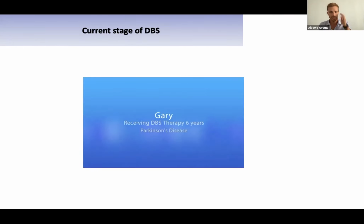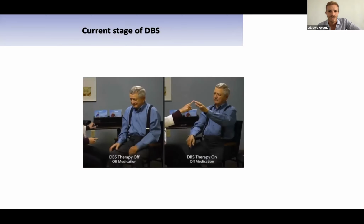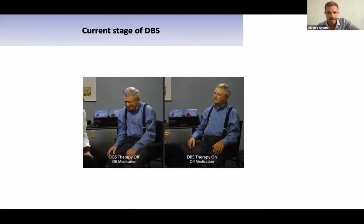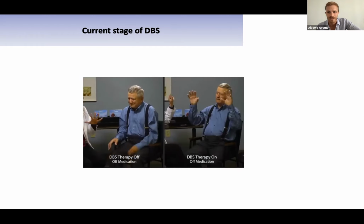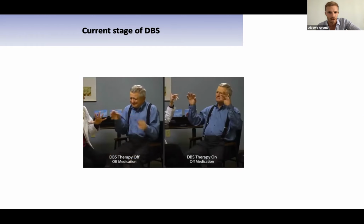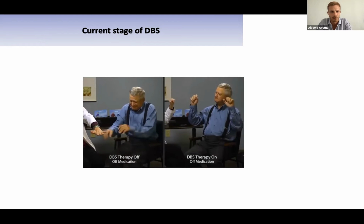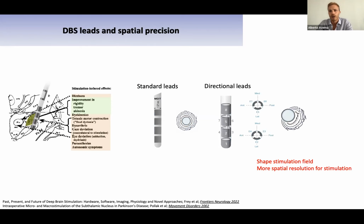So, since Fernando already gave you a very detailed overview on the DBS, I would like to start this talk just by showing you a practical example of the impact of DBS on the main symptoms of Parkinson's disease, just to convince you that this treatment might be somehow magic. As you can see, on the left the DBS was off, while on the right we set the stimulation on, and the symptoms of the patient totally disappeared. So this is very impactful. So anyway,